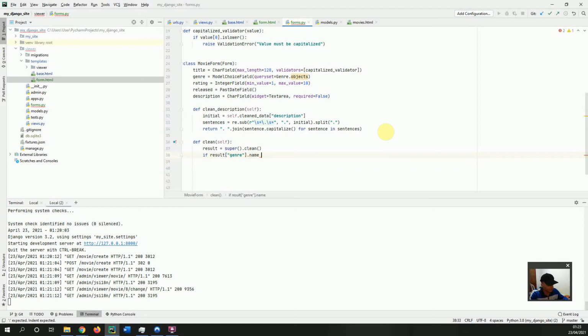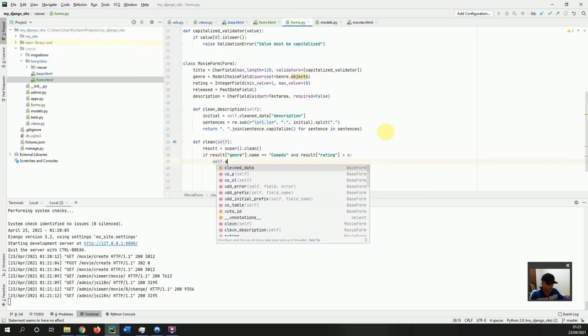So equals comedy, and then result of rating is superior to 6. So if it's more than 6, then I say